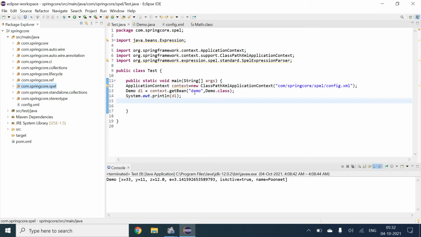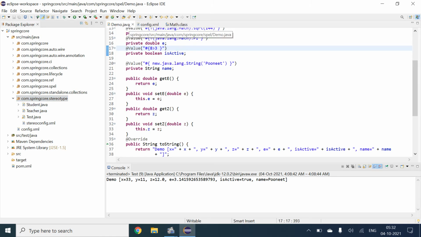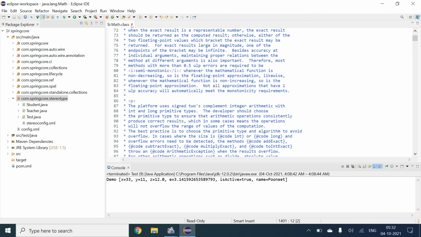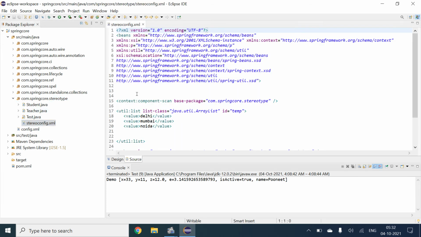Earlier, when we saw stereotype, if I come to my stereotype and I come to my XML file in stereotype, earlier we used to give input in the XML file, and when we come to the student we used to give annotations here to provide the input values.